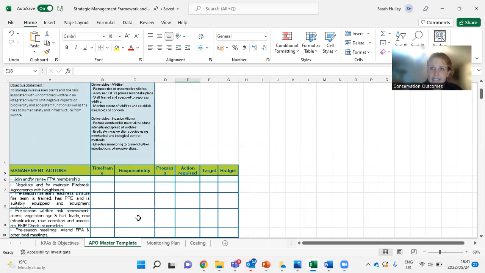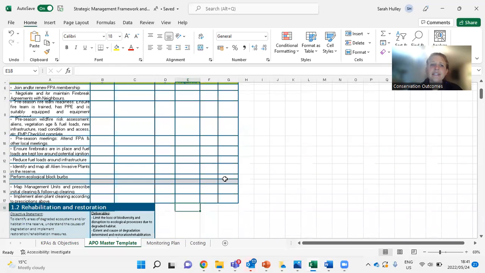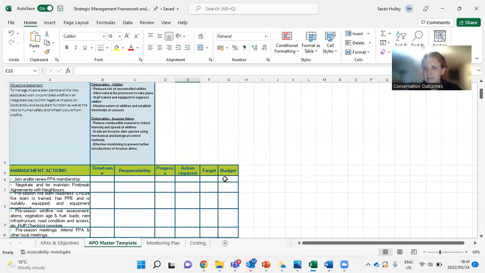Is it the management authority? Is it maybe partners in the landscape? Has it had progress? So in that year, what progress has been made? Maybe it's been completed, maybe it hasn't been started. That's totally okay. What action is then required? What is the target of that particular action? And what is the budget that you're willing to allocate for that target? So each of those go through it, and it does require a bit of